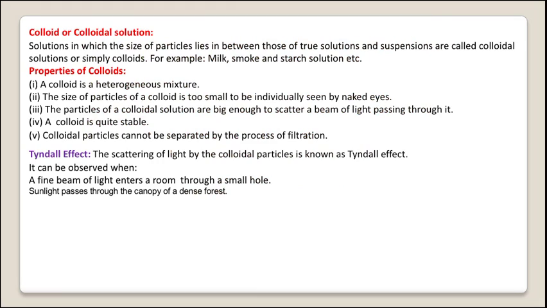This type of solution lies between true solutions and suspensions. Their properties are such that they seem to be homogeneous but actually they are heterogeneous. How? If we take the example of milk, we can easily see that milk seems to be homogeneous, that is it has uniform composition throughout. But if we look carefully, the upper layer present in the glass is a little bit lighter as compared to the other layers of milk. This means that it is not completely stable. The colloidal solutions are quite stable.